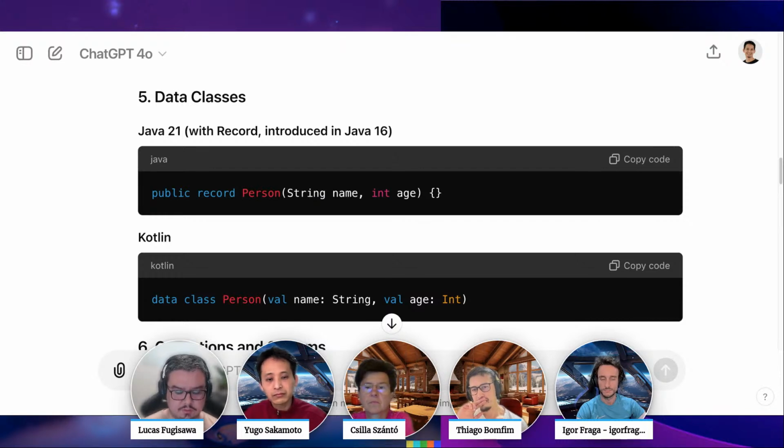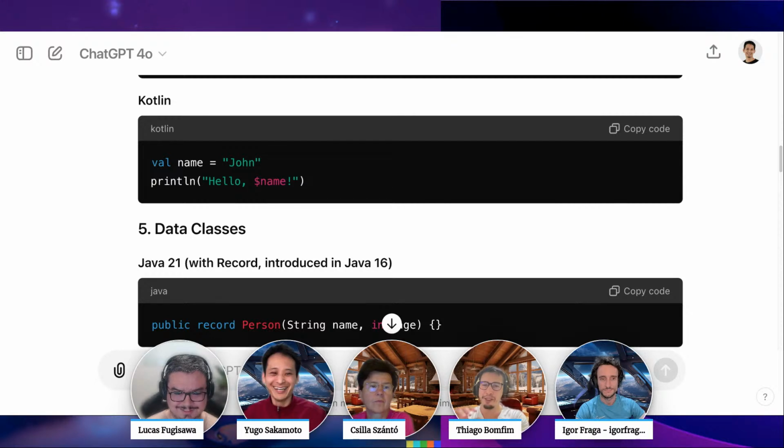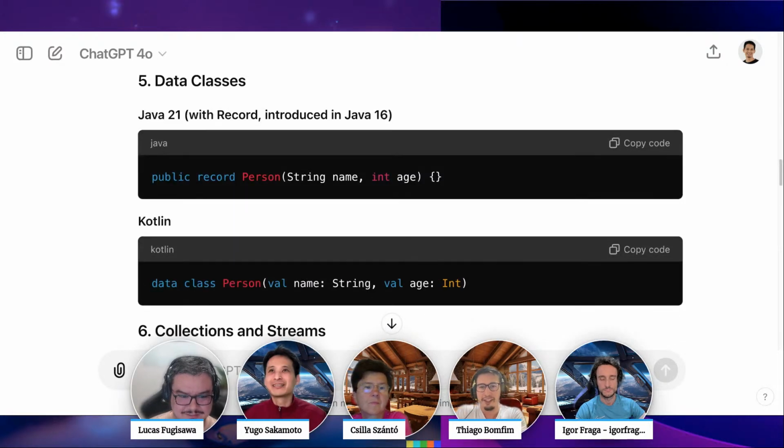I think Thiago's question makes a lot of sense, actually. It seems harder, but it's possible, because they have something very similar to the record, so they can have this kind of benefit, I think. I believe it is. Under the hood, they probably use the same thing.